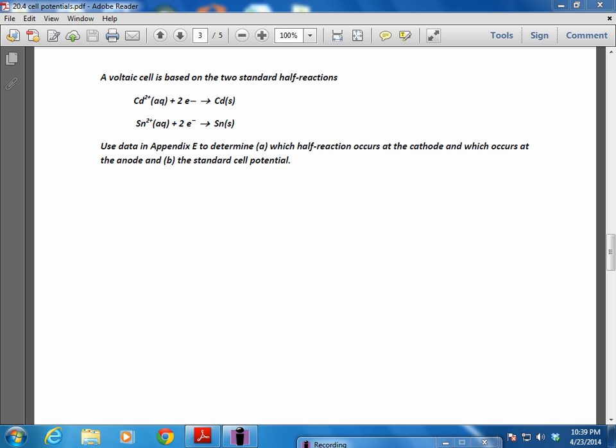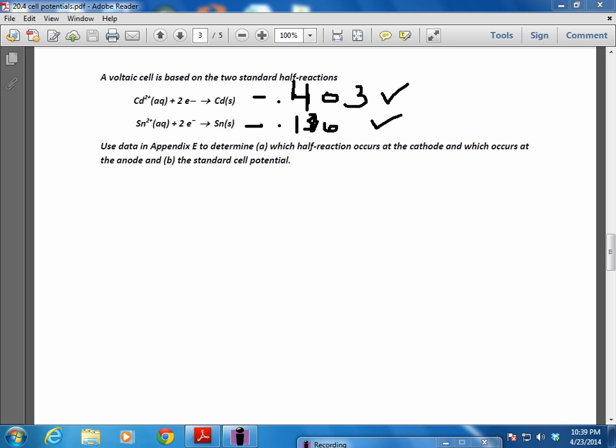You may have to go back and find this in Appendix E. Cadmium is a negative 0.403 volts, so unlikely to be reduced. Tin is a negative 0.136